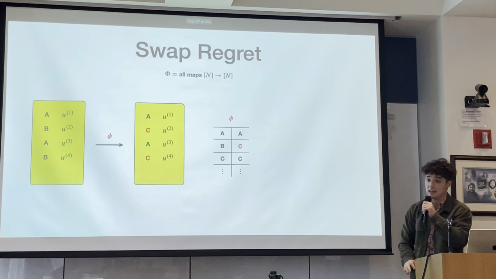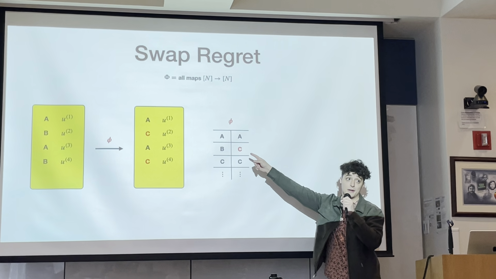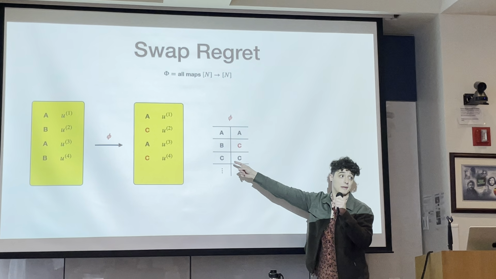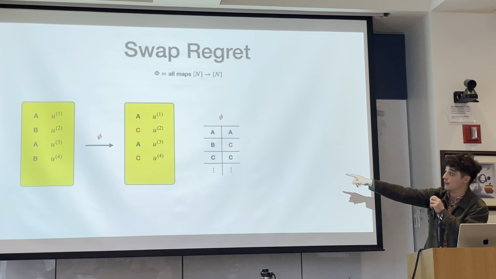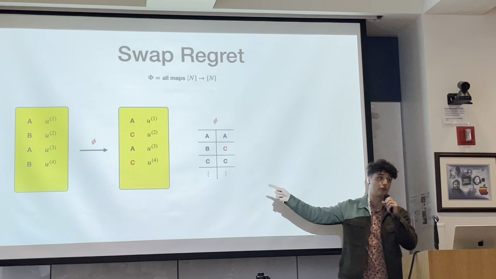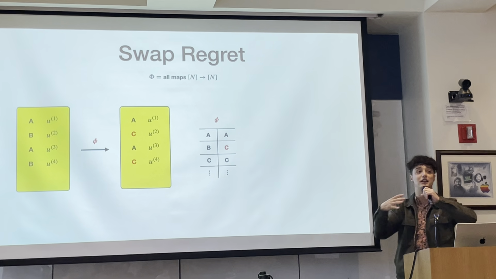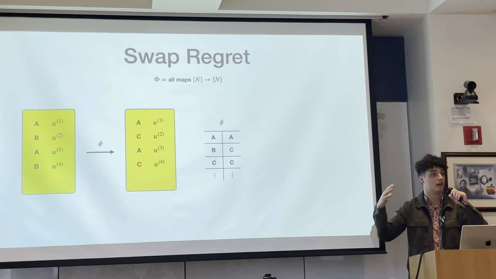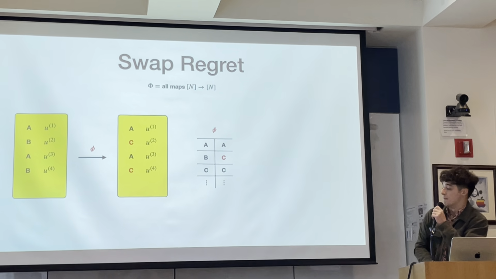So this is one potential transformation that is captured in swap regret. This would be essentially a transformation where we're mapping all of our times we played A to A, but we're mapping whenever we played B to C. Now, such a transformation is not considered under external regret. We don't have to compete against this transformation to get good external regret. But because we're trying to set a harder goal for ourselves, competing with this larger group of transformations, we're going to get richer results if we're able to do so.